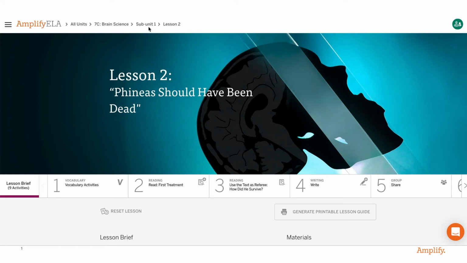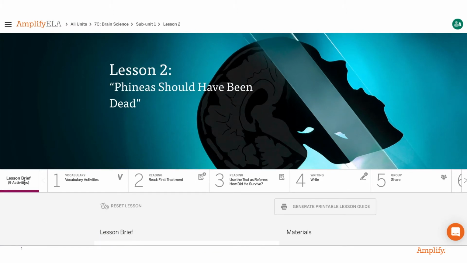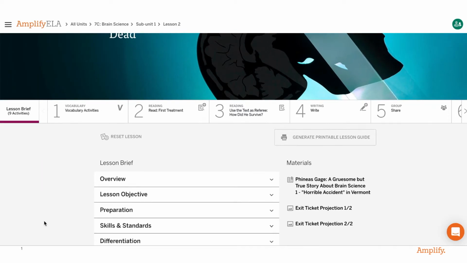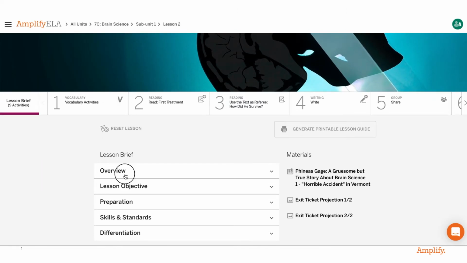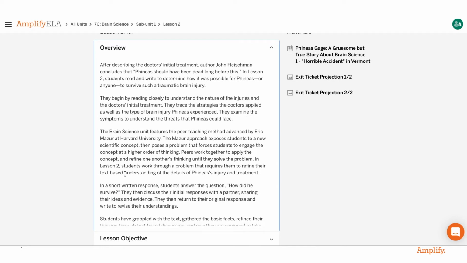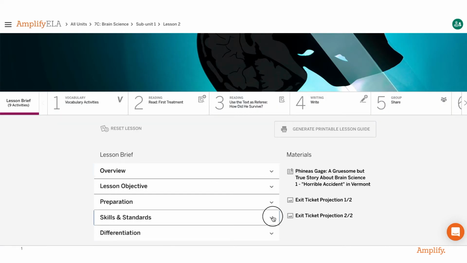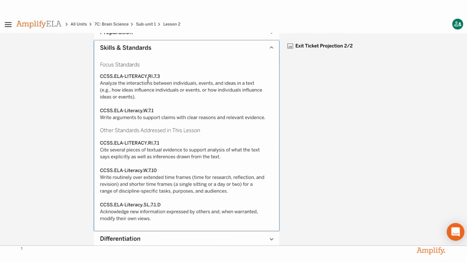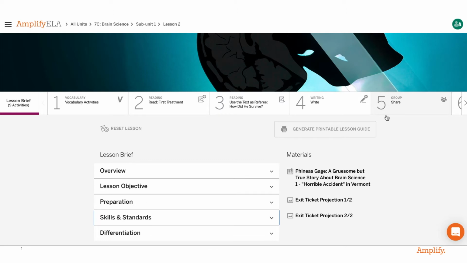One navigation tip: the breadcrumb trail at the top of the page allows you to quickly jump to other subunits, units, or back to your home screen. Lessons open up in the lesson brief. From the lesson brief, you can access important lesson level resources like an overview of the lesson, specific focus standards as well as other standards addressed in the lesson, and printable lesson resources like exit tickets and even a printable